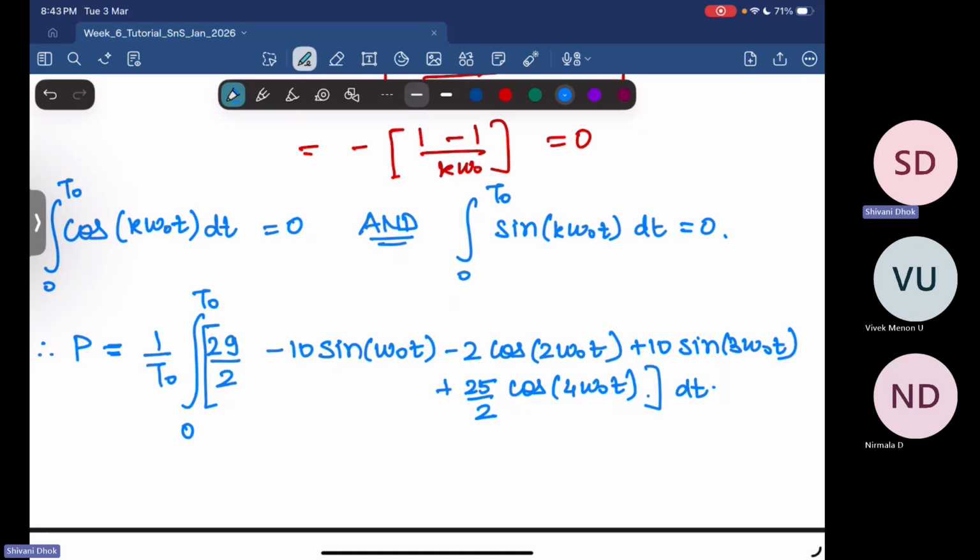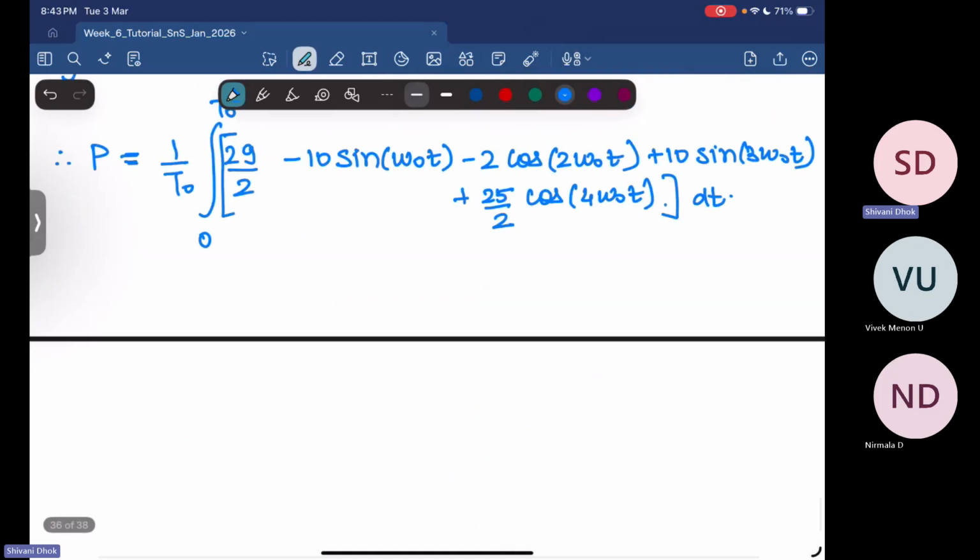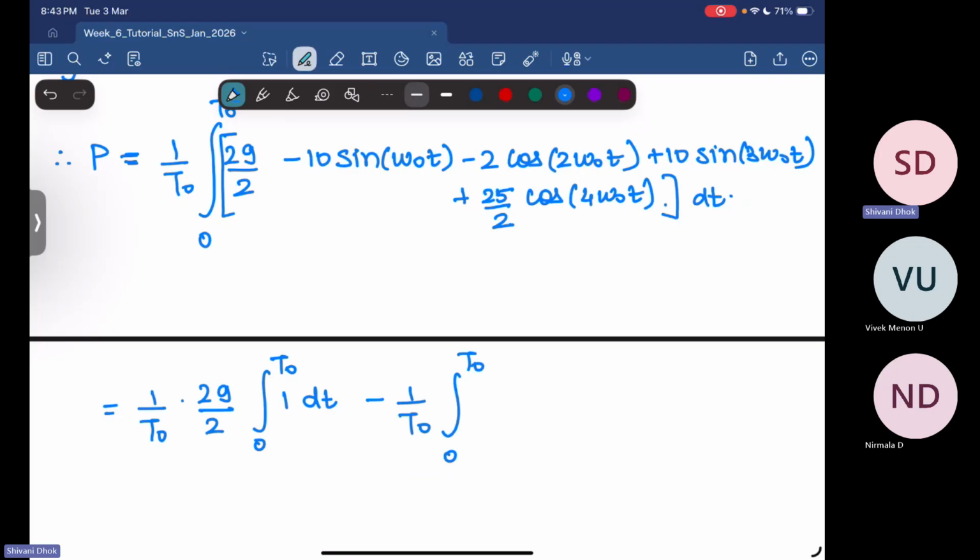So this is your power. Let me separate out these integrals. So I have 1 by t naught into 29 by 2 integral 0 to t naught 1 dt, minus 1 by t naught integral 0 to t naught, we have a 10 here, sine of omega naught t dt,